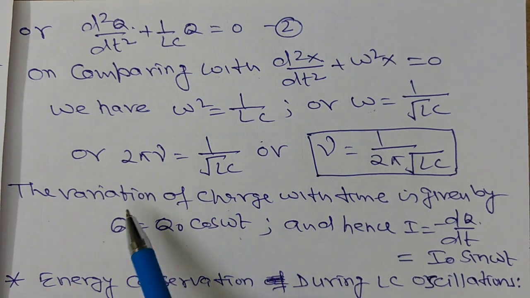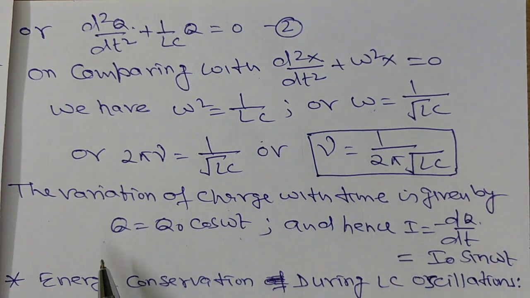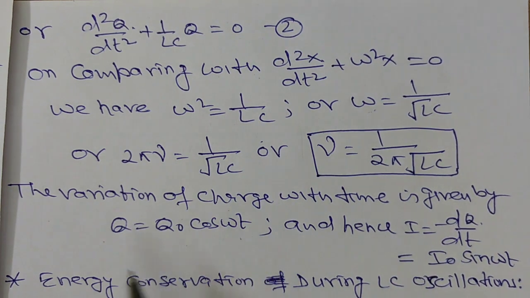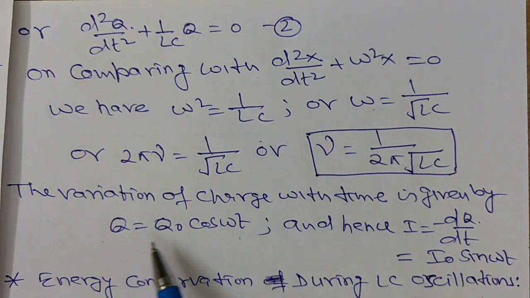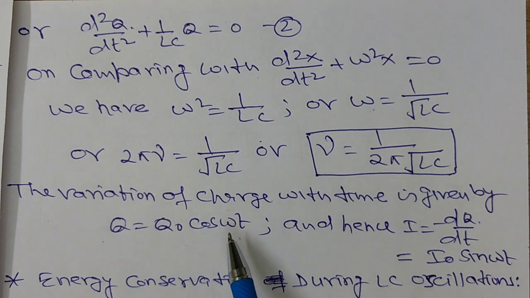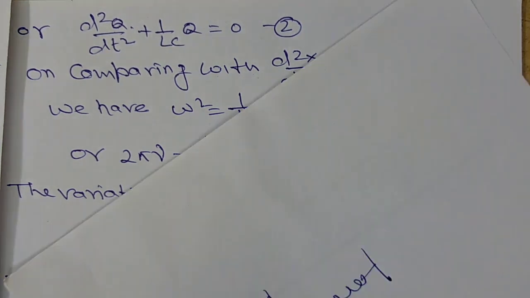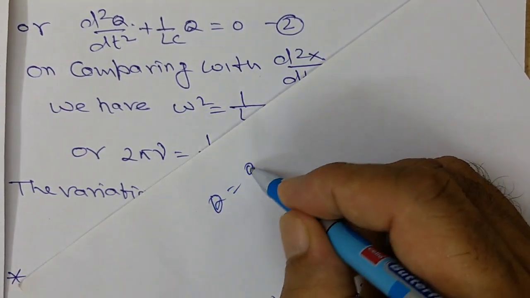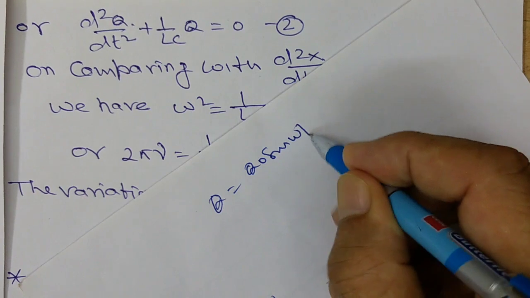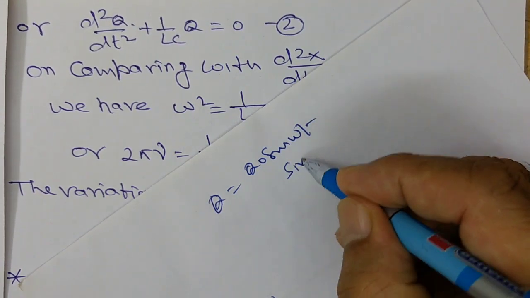Therefore, the variation of charge is given by only this equation or only this relation. Here we cannot use Q is equal to Q naught sin omega t. हम यहाँ पर यूज नहीं कर सकते Q is equal to Q naught sin omega t, because at t is equal to 0,